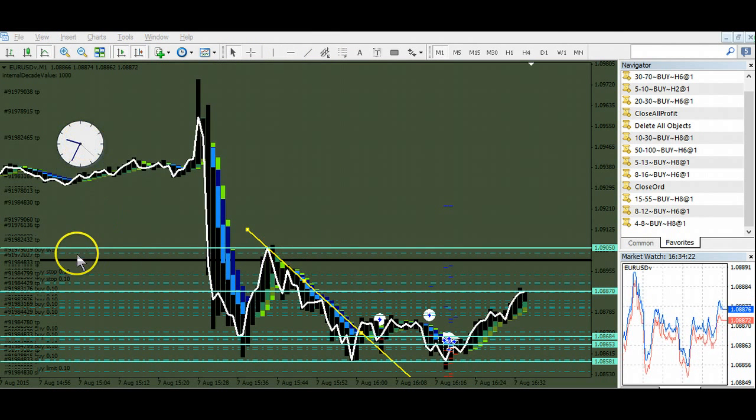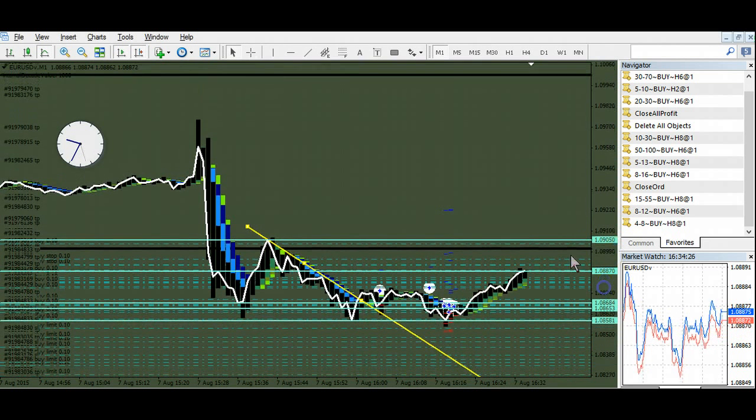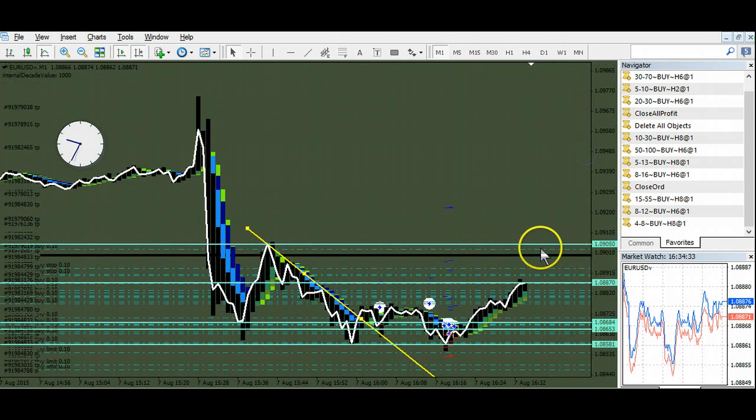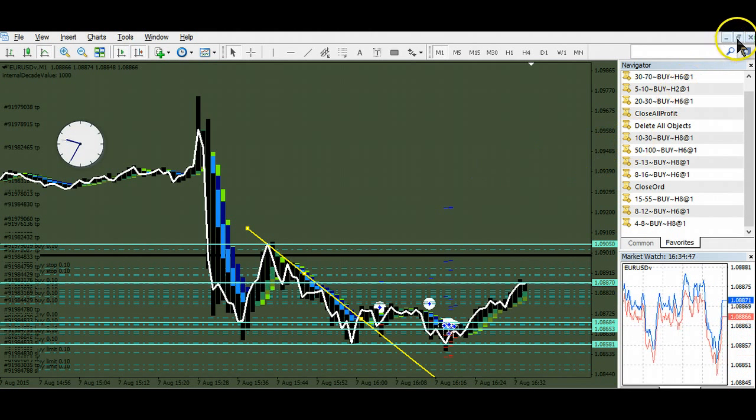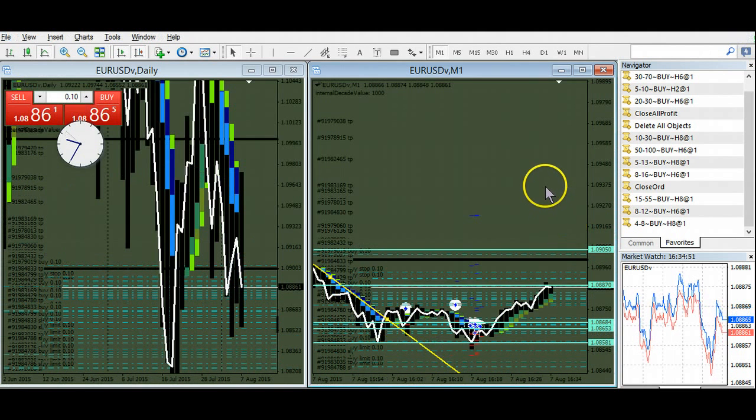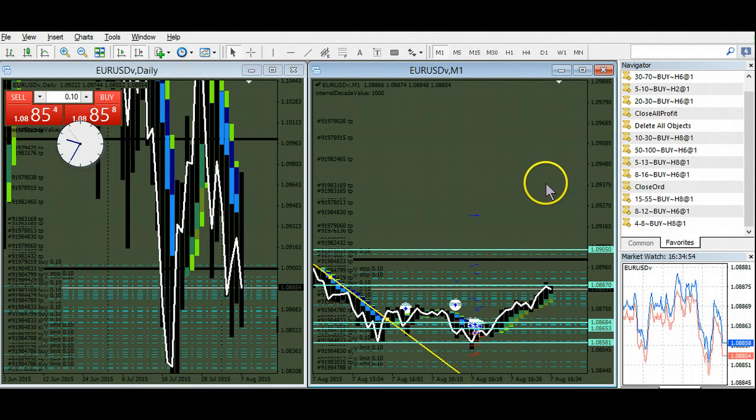And I think I went long here with a 50 pip stop. So this is one of my swing trades, yeah, I went long with a 50 pip stop there. I was pretty excited. But this can turn into a break even by the end of the day or slightly up. So this is going to be an engulfing day. Okay, looks like sellers are coming in. All right, I'm going to wait about 10 seconds more, and I'm getting ready to get the hell out of this trade